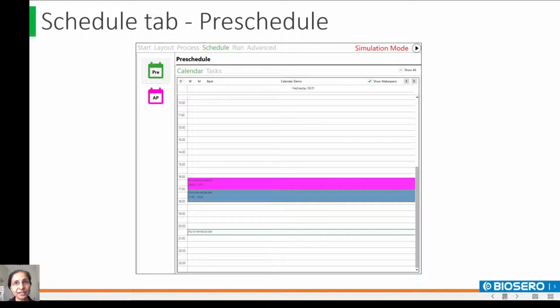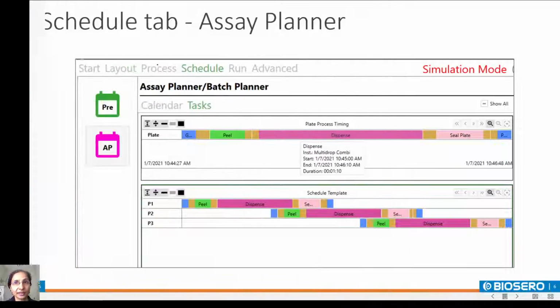You can optimize the run with Essay Planner. You can check the process details, including the time each task will take. Also, you can see the Gantt chart for all the plates that will be processed. When you schedule, it places that work cell process on the calendar. You can see who is using the system from start time to end time.